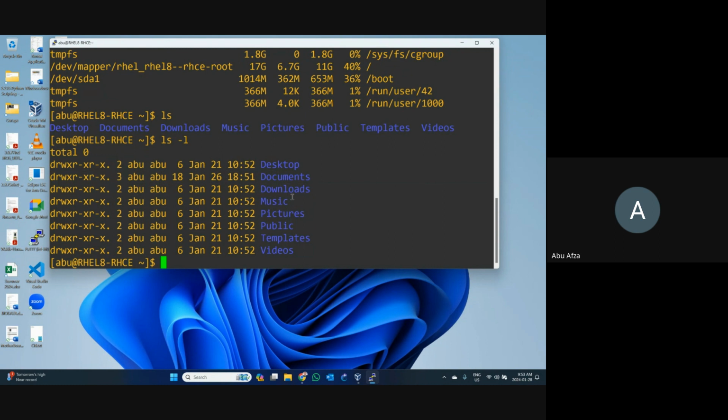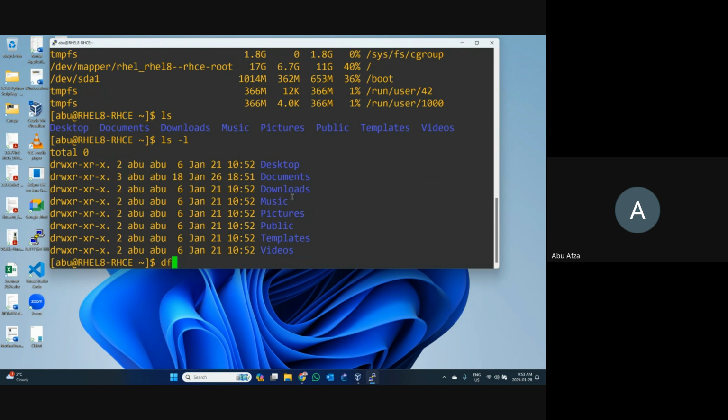Now let's write down another command: ls minus l8. I write down only 8. When you use the up arrow key or down arrow key, you can see the previous commands.